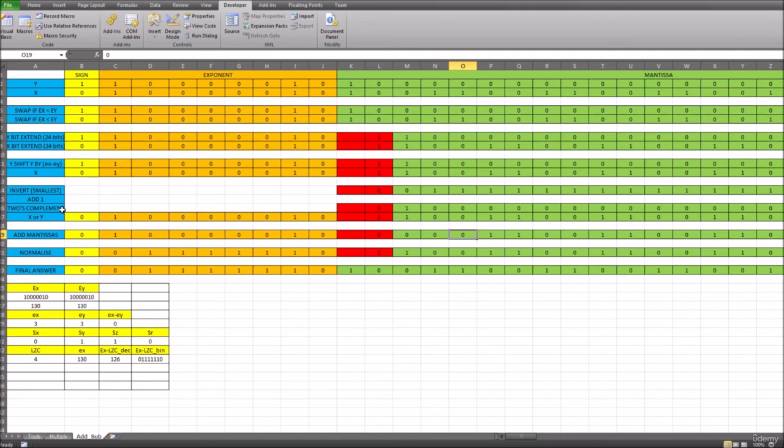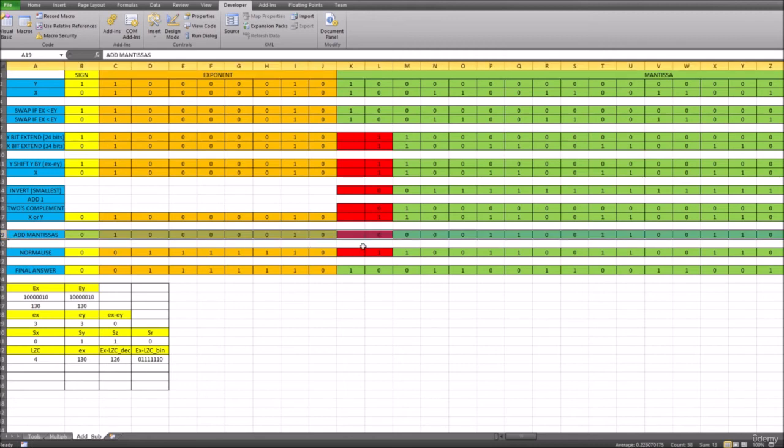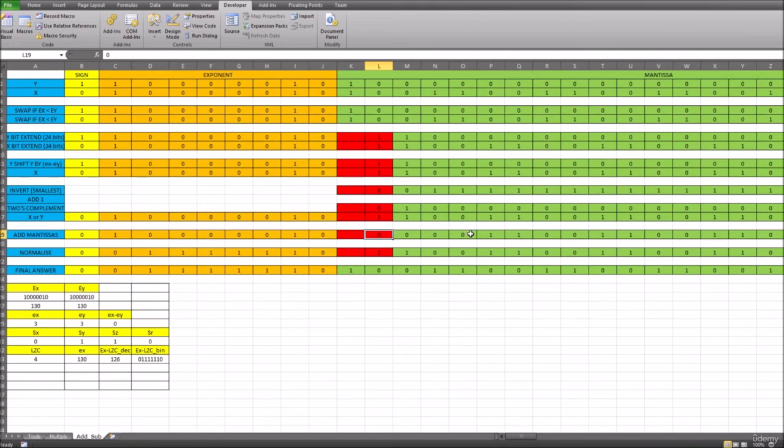What we're really interested in is what's happening here at the Add Mantissa line. So at this point here, we're going to have to do a normalization, and this is the normalization here. So you can see here, if we were to count the number of leading zeros in the mantissa, we're going to have 1, 2, 3, 4 leading zeros. So if we count the leading zeros, then we can increase the mantissa by those 4 leading zeros. So in effect, we're taking this 1 and shifting up 1, 2, 3, 4 positions, which will